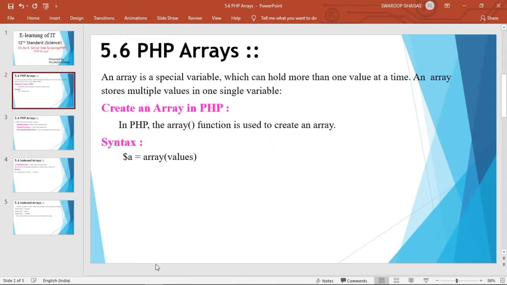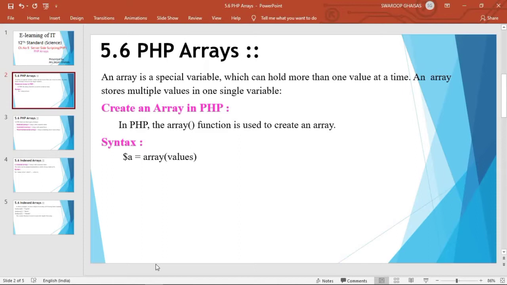An array is a special variable which can hold more than one value at a time. So using an array we can store multiple values in a single variable. Whenever we declare a variable, we can store only one type of value within it.